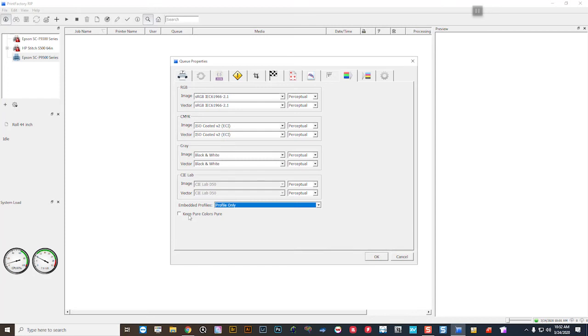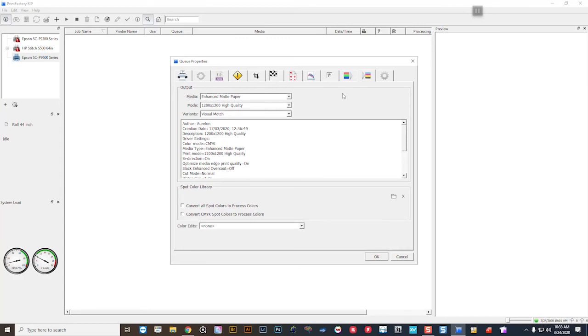Keep pure colors pure, I think that's for saturated workflows. You'll see here it says no color management is applied to vector elements with primary and secondary colors. These are going to be for very particular use case scenarios, not something that you would use for a photographic workflow. Okay, if we look at the next tab here, you'll see that we're selecting the actual profile that